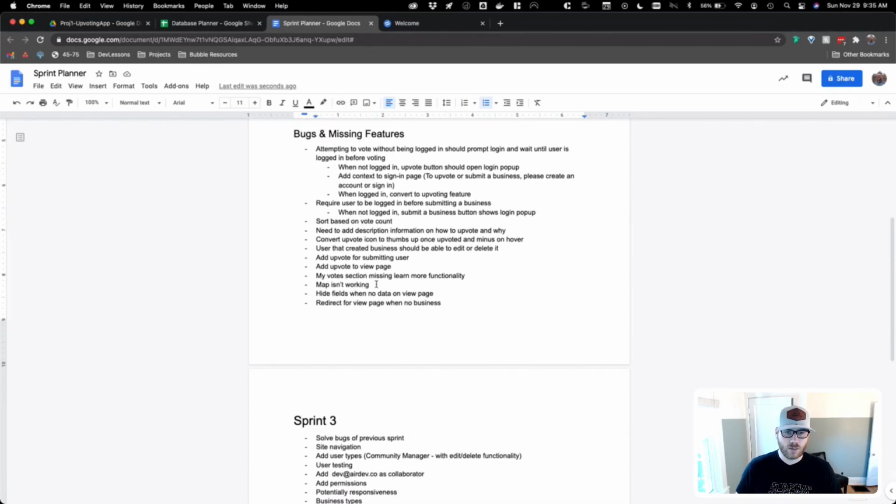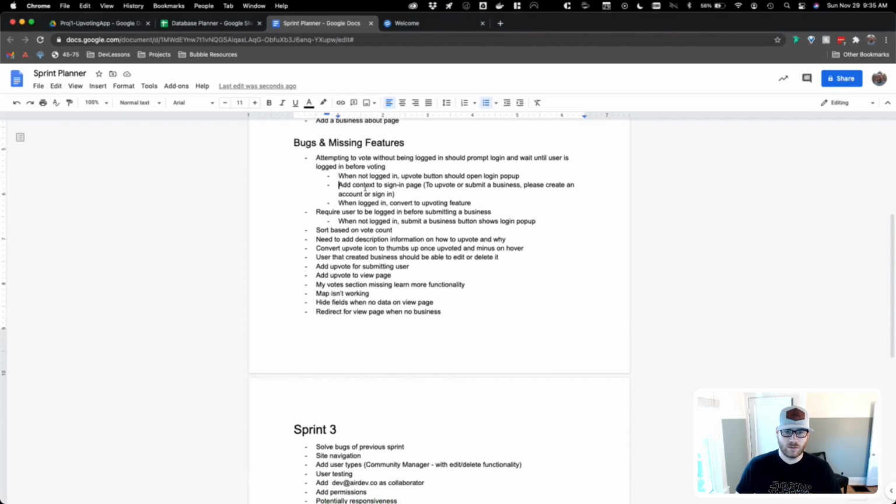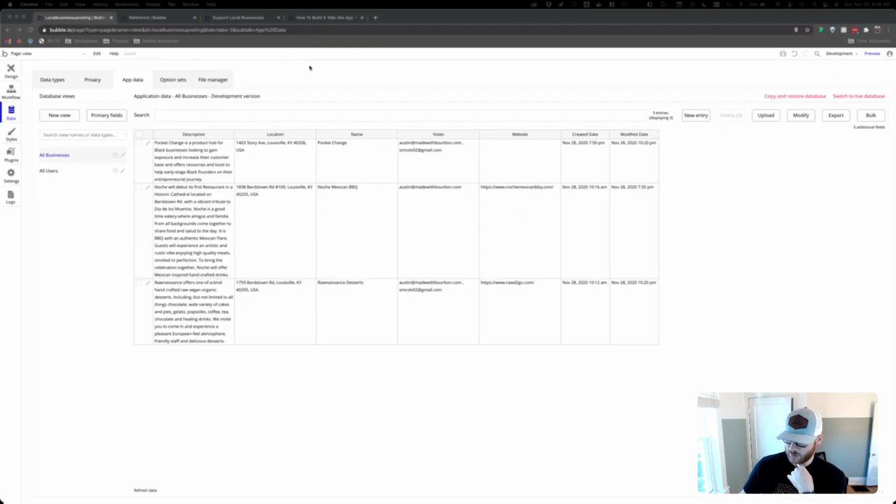All right, so we have our list of bugs. Let's tackle some of these where they're core to functionality. So these top ones, I'll highlight them. The first one was from yesterday: attempting to vote without being logged in should prompt login and wait until the user is logged in before voting. So what that means, if I switch over to the application,